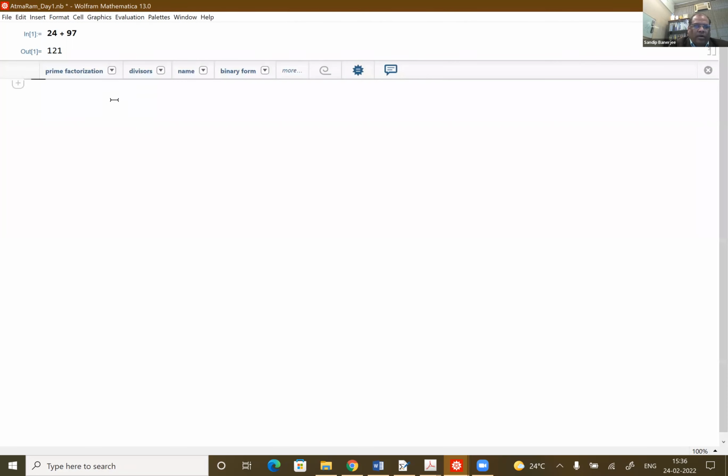Say if you want to add 2 numbers, it is just plus, and to get your outcome you have to press shift and enter. By shift and enter, you have to keep pressing the shift and then press enter, and you get the values. Similarly,